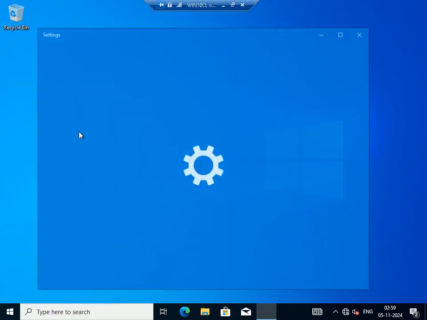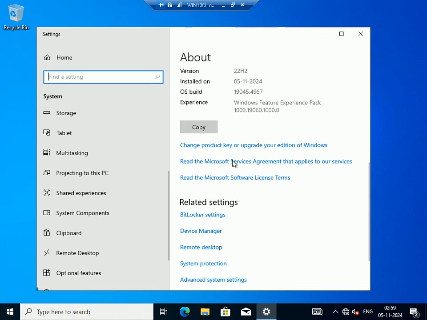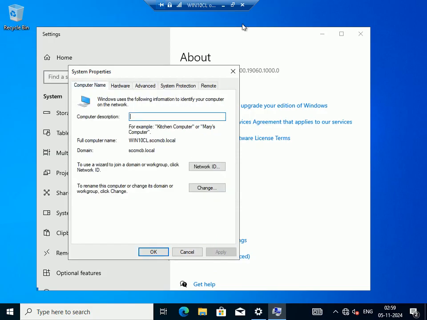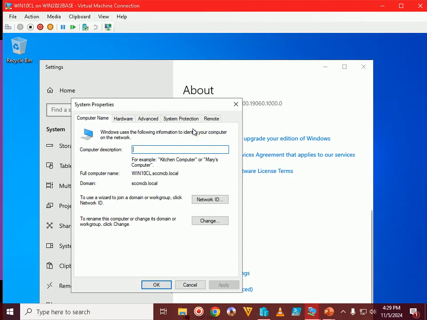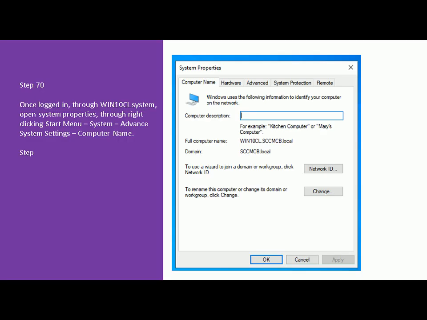Go to the system and then advanced system settings, computer name, and note down the FQDN of WIN10CL system, which should be as follows: